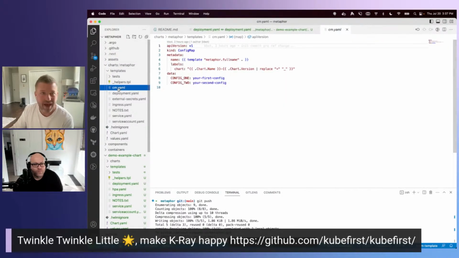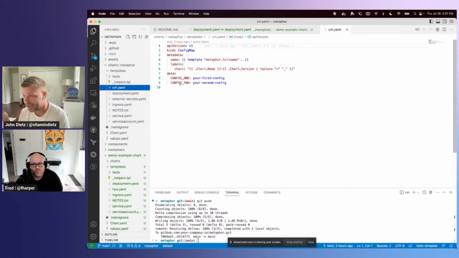Now, our config map is super straightforward. It's just a simple little config map with a templatized name, and it has two values, a config1 and a config2. Now, config maps are not sensitive. You're not supposed to put your secrets in a config map. Therefore, it's okay for these to be right in Git, and it's not a big deal.